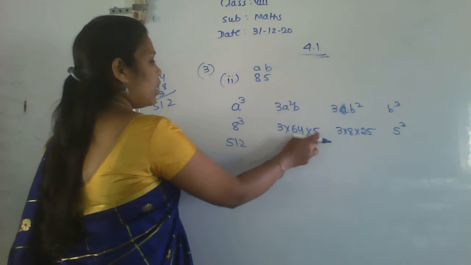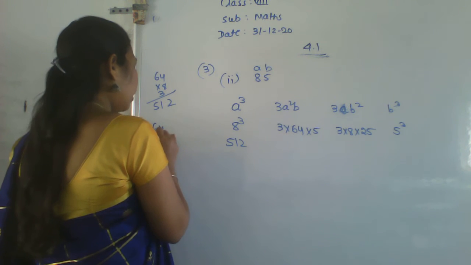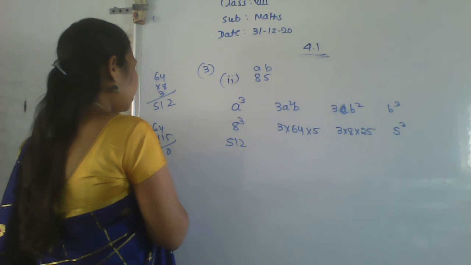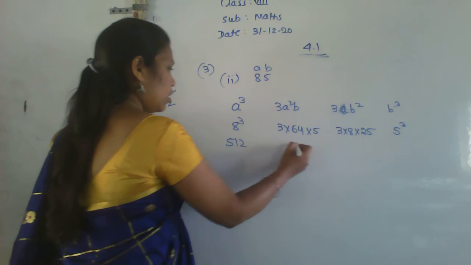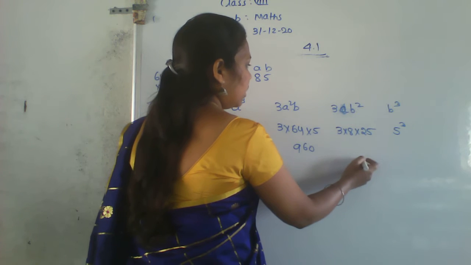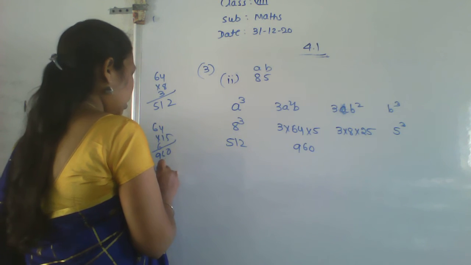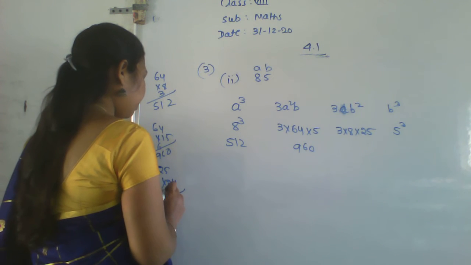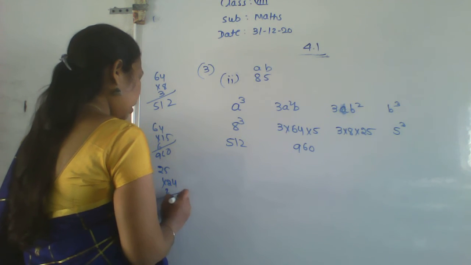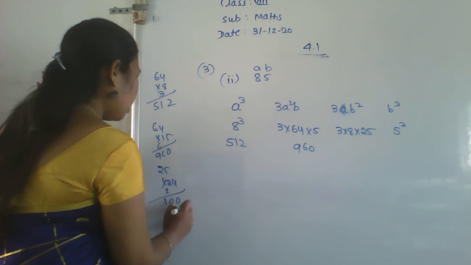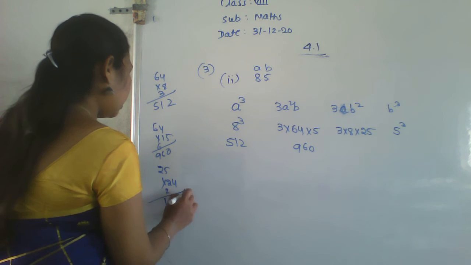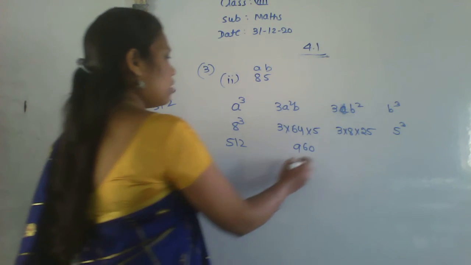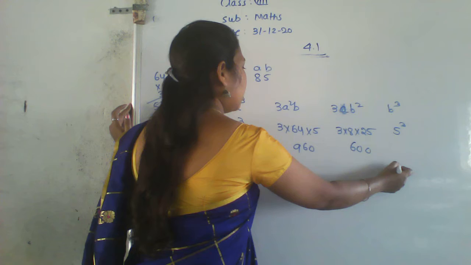Okay. So now here multiply. That is 64 into 15. 6 5s are 30, 6 1s are 6, 96 series. So 960 here. And here multiply. 25 into 24. That is 4 5s are 20. 4 2s are 8 plus 2 is 10. 2 5s are 10. 1 carry. This is 4 and 5 here. And add the values. You get your 600. Okay.